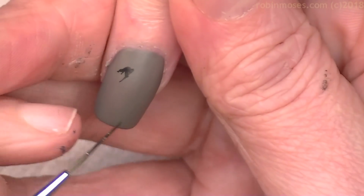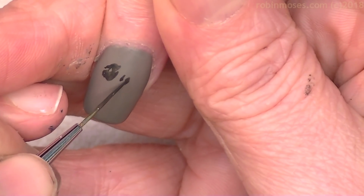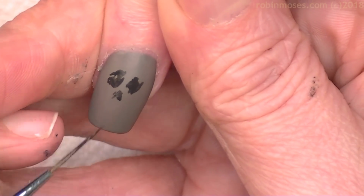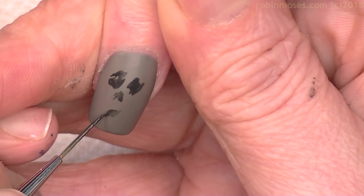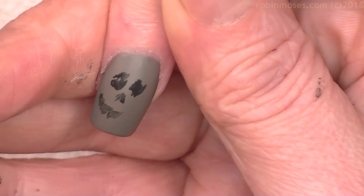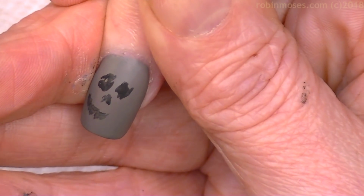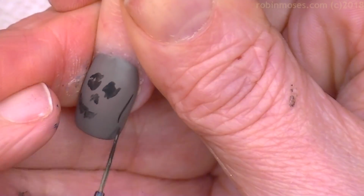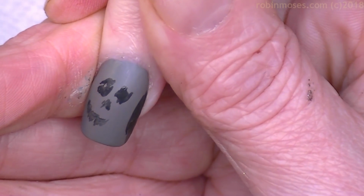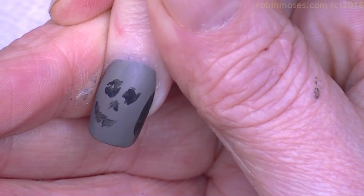Cut. There we go. Okay, so I'm starting out with the dark taupe color, and I'm just going to put in the dark blobs like this. Like this. And then it's going to be open-mouthed. So I'm just putting in the darks right now. And then I noticed that I'm going to go like this. Just go like that. And now I'm going to go in with a lighter color, which is a light taupe,